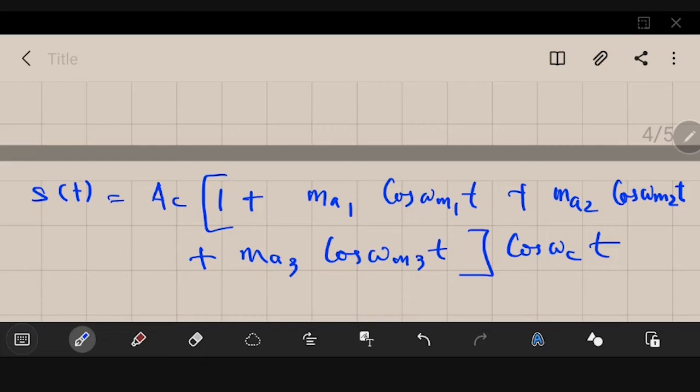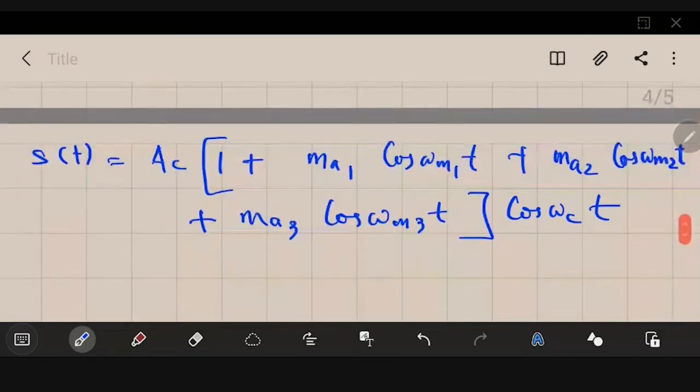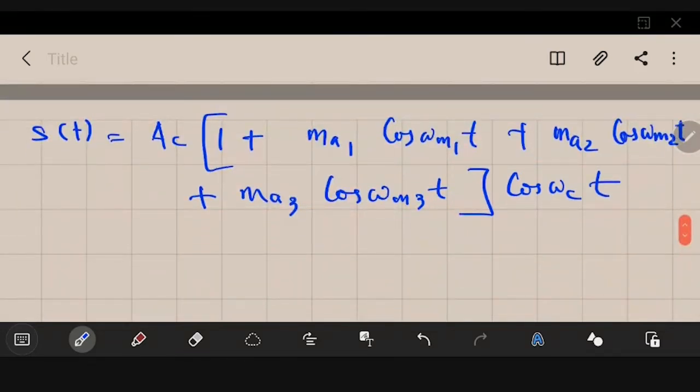So now what I will do is I will try to multiply this cos omega AC cos omega CT back into this expression. Once I have multiplied this AC cos omega CT back into this expression, then we will try to find the power. So if I allow that AC cos omega CT inside, I will get AC cos omega CT, that plus, the next expression we will have